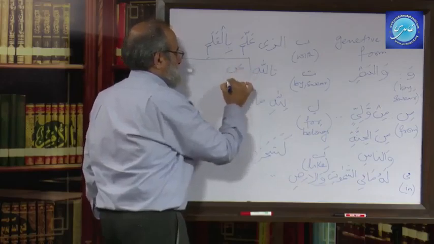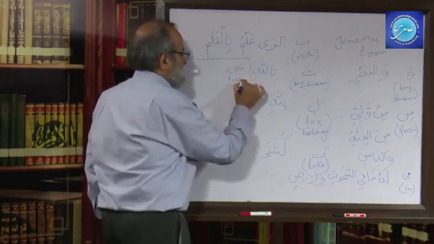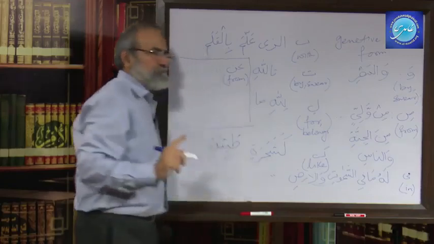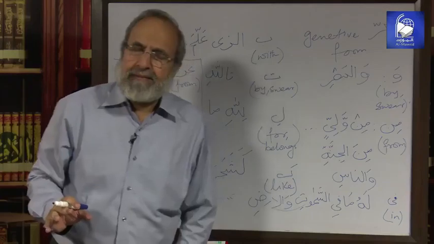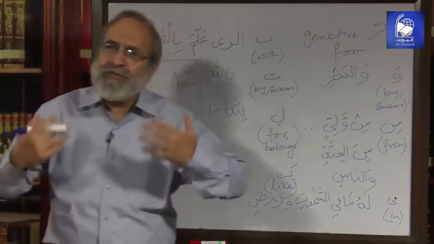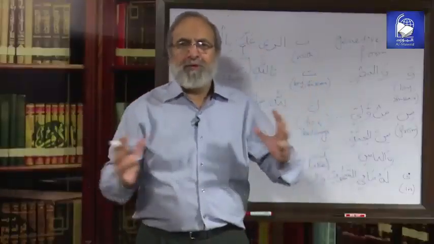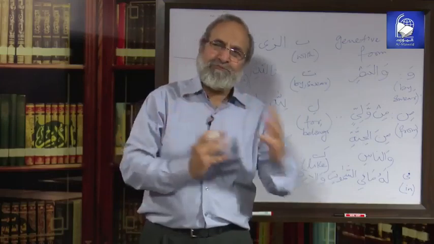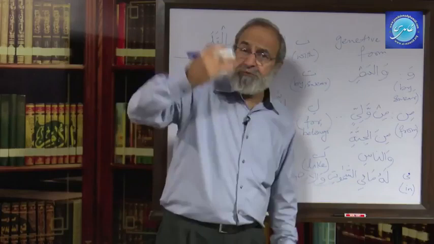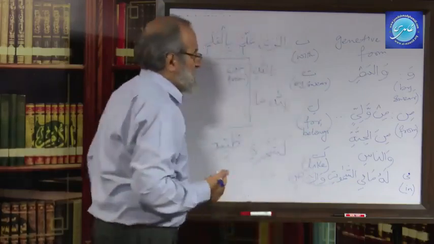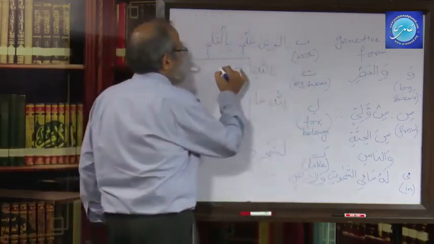An is from. Although I'm sure there are examples of an from the Quran, the more frequently used reason for an is to be found in hadith. So, whenever you mention the chain of narrators, for example,